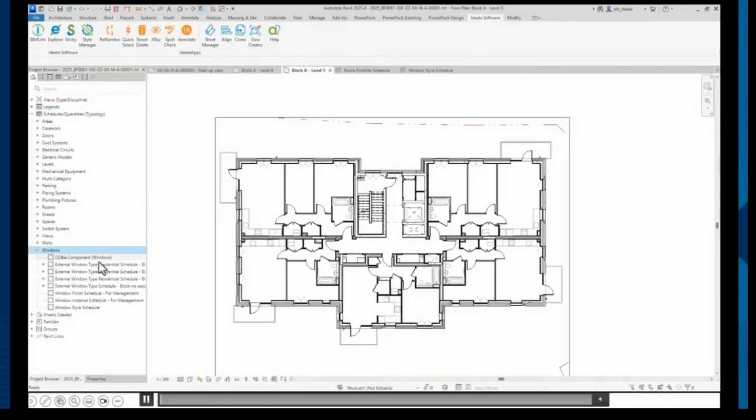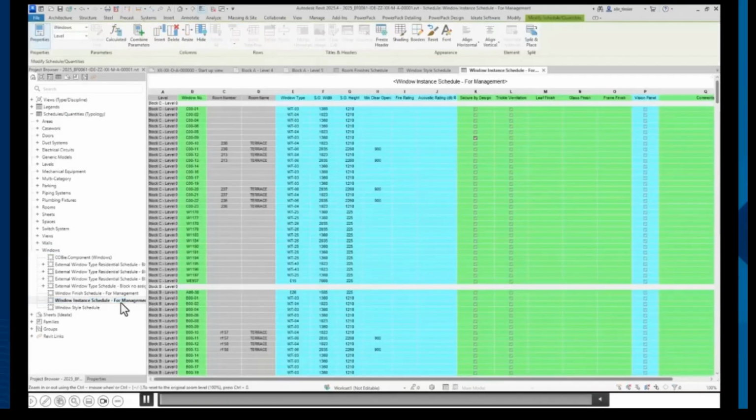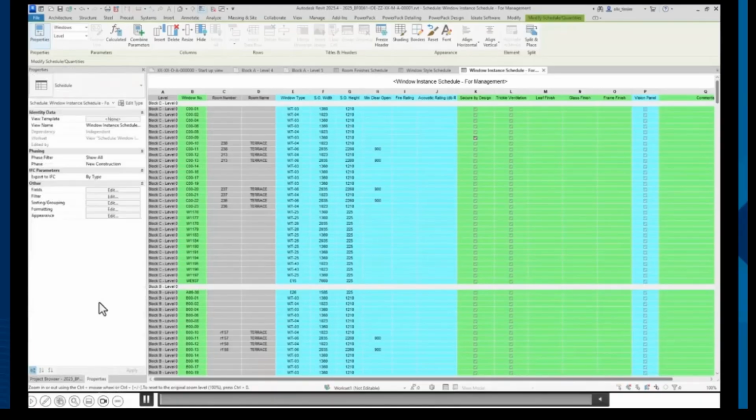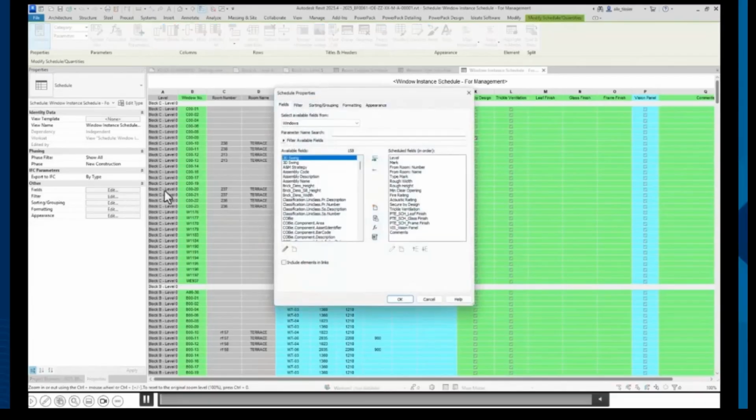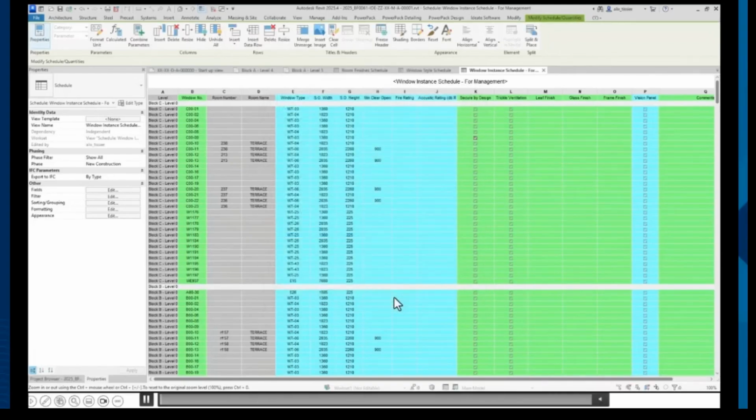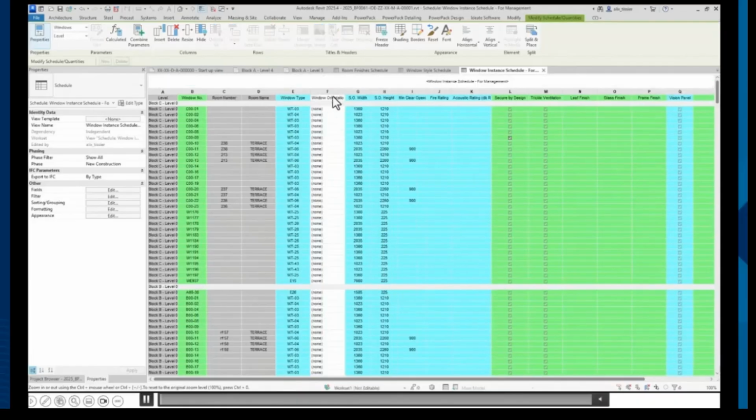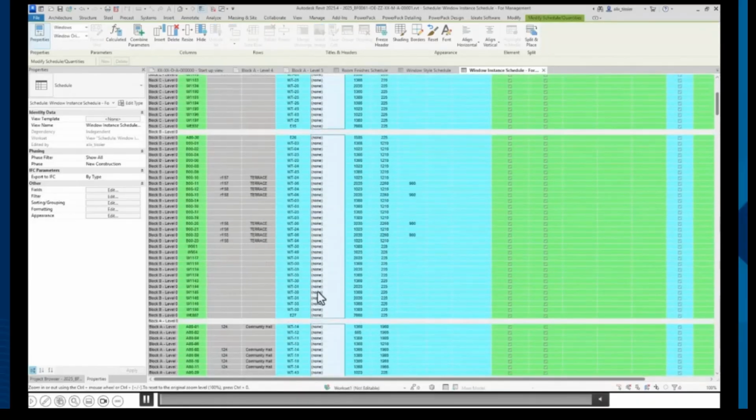So here we're going to go to the window instance schedule, and we're going to add this window orientation key value to it so that we have additional information to track. So going into fields, we're going to navigate and find the window orientation field to add as a column in addition to all the other information that we have here. And we position it,